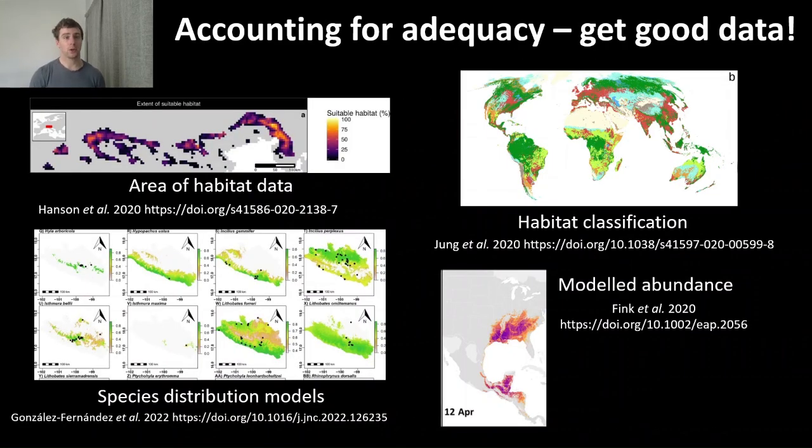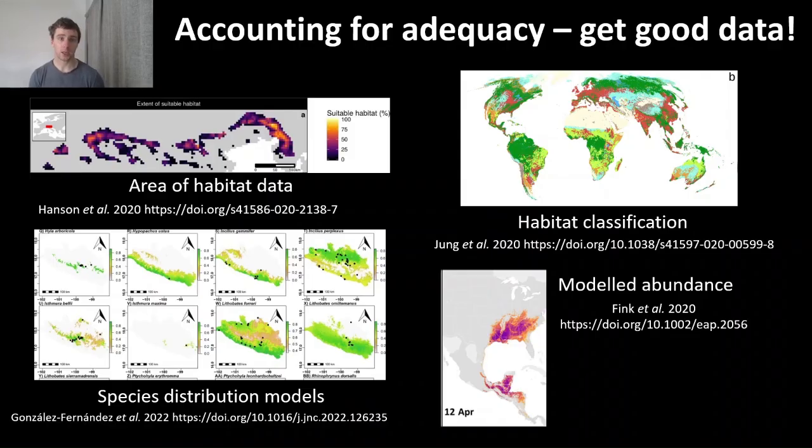In addition to setting good goals, it's also really important that we have good data, because we might set a really good goal, but if the data we're using to assess if that goal is being met or not is rubbish, then it's not really as useful. We might have a great goal, but we don't really have any idea if we're meeting it or not when we're reviewing our existing reserves or when we're prioritizing new areas for conservation